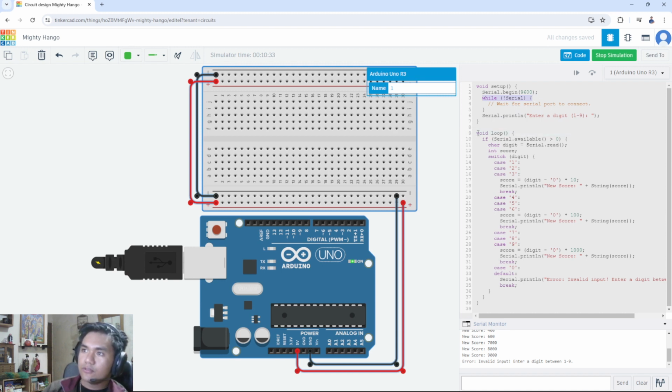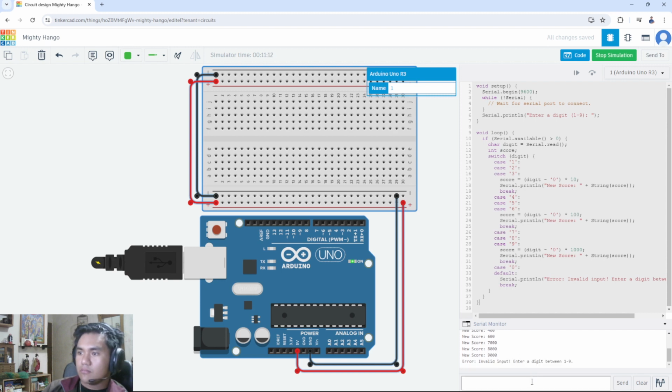So for the void loop, the part that will be looped all throughout the program, we have made a condition that if Serial.available is greater than 0, it will be read and then set as a score. The switch cases will then check if it should be multiplied by 10, 100, or 1000.